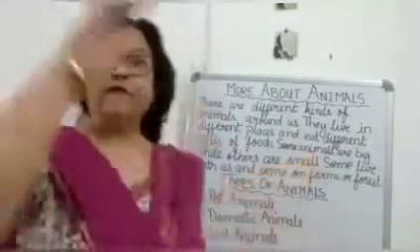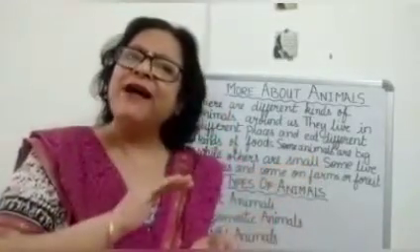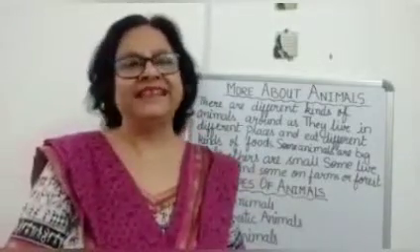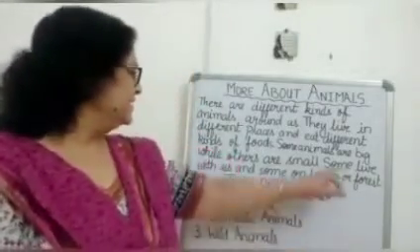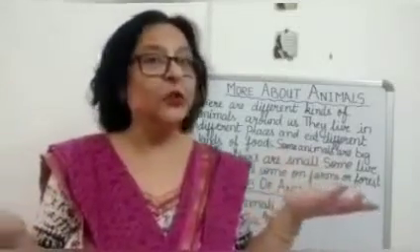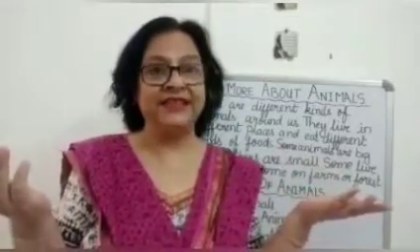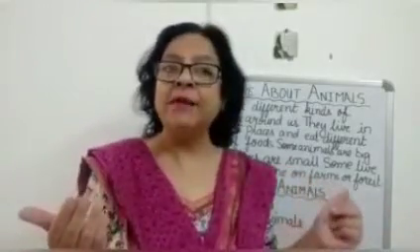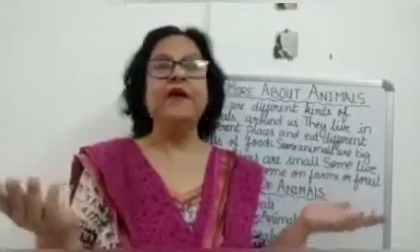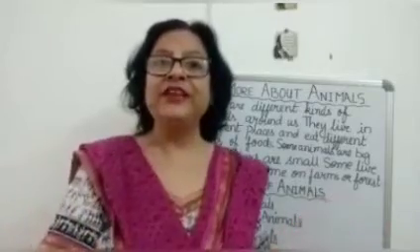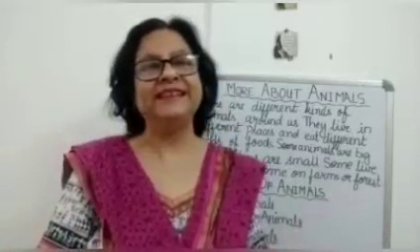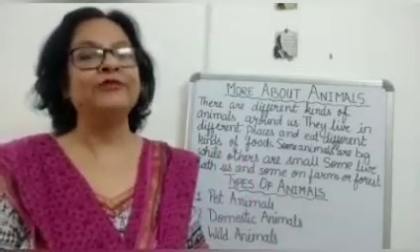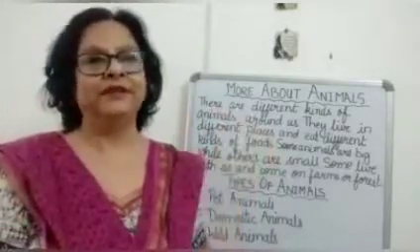Some animals are very big. Some are very small, quite small. And some are medium size. Right children? Some live with us. There are so many animals like pet animals that live with us, and some animals in the farmhouse or in the forest. You agree to that? Yes, babies. Now we are going to study about the different types of animals.